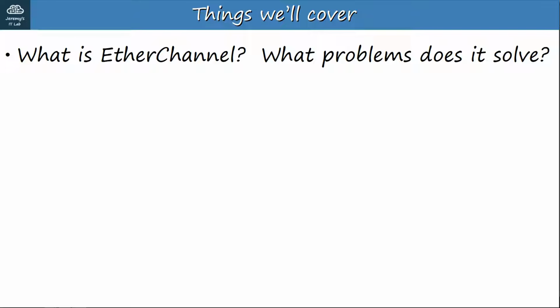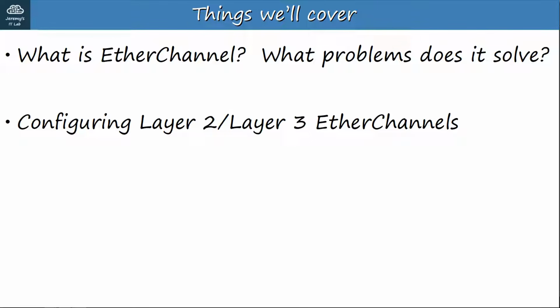So what will we cover in this video? First off, I'll show you what EtherChannel is, and what problems it solves. Here's a hint. Spanning tree protocol is the big problem. We will also look at multiple methods of configuring both Layer 2 and Layer 3 EtherChannels. A Layer 2 EtherChannel is a group of switch ports which operate as a single interface, and a Layer 3 EtherChannel is a group of routed ports which operate as a single interface, which you assign an IP address to